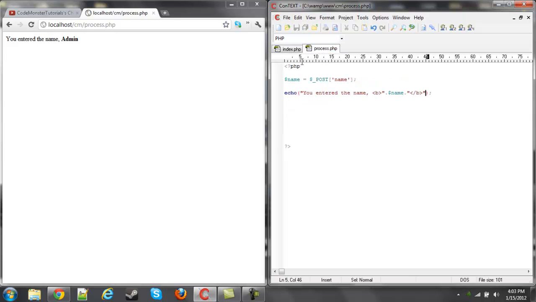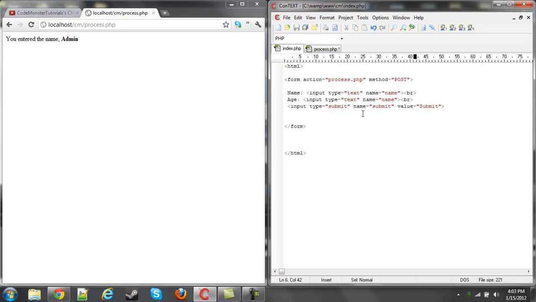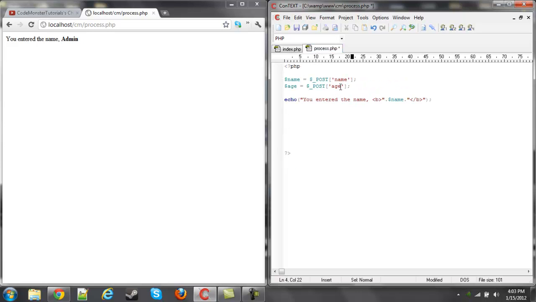Alright, and then on our process page we have to call the new text box now. So our new text box is going to be age, and we're just going to do the same things as the other text box. Post age is what we didn't name it actually. I forgot to change the name of it. It is actually going to be age. And then you'll see here we've called age, and now we're going to say you entered the following info. And then I'm going to put a break line,